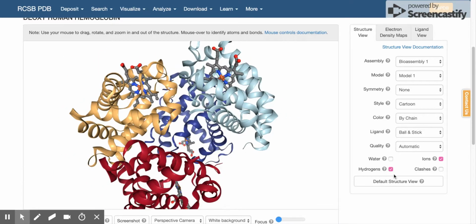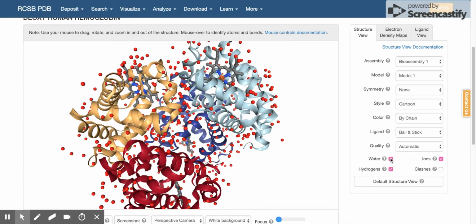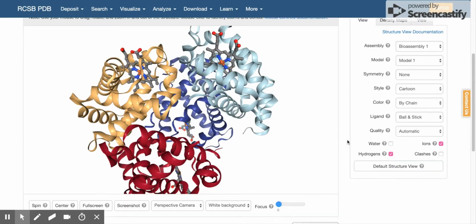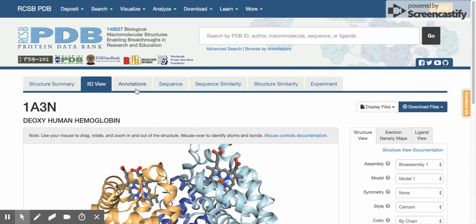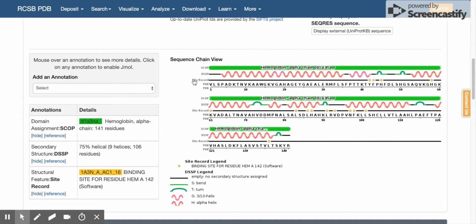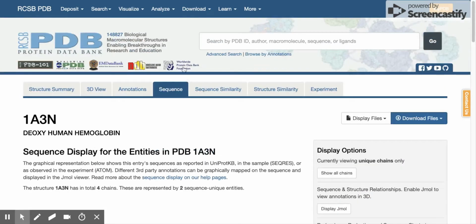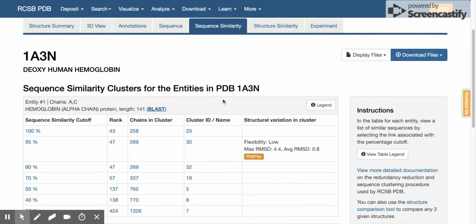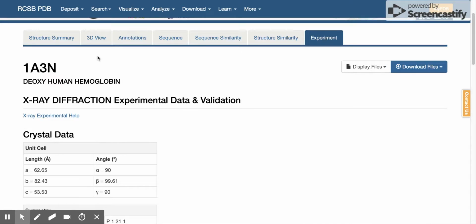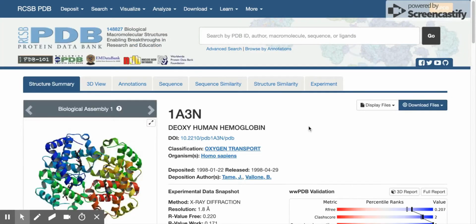You can also, with this, add all of the water molecules that are known to be in the area of the molecule. However, that can be a little overwhelming, so I tend to leave the water molecules off. In addition, you can see the sequence of the protein, which is really great and useful if you're doing comparison between other proteins. You can also look at the sequence similarity to others, and you get all of the experimental data. So those are just the basic things of the protein data bank and the protein